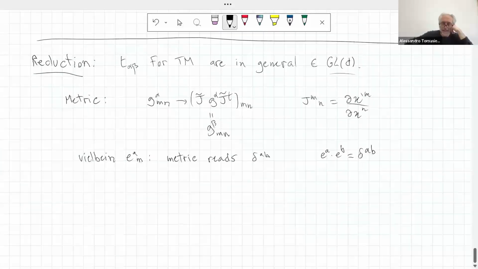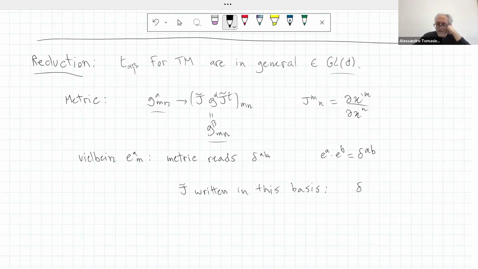But if you translate this condition, this transformation law, it is going to say that the J tilde written in this basis will say schematically that the identity, because now the metric is the identity in this basis, will be sent to J tilde times the identity times J tilde transpose. So,